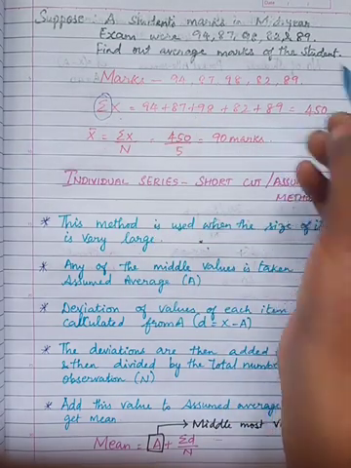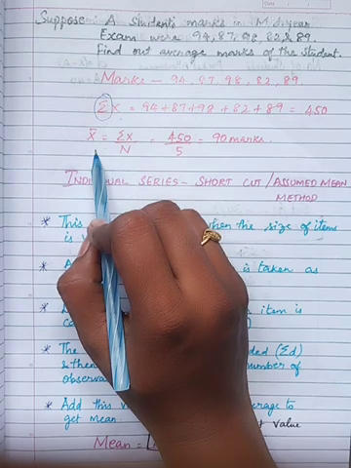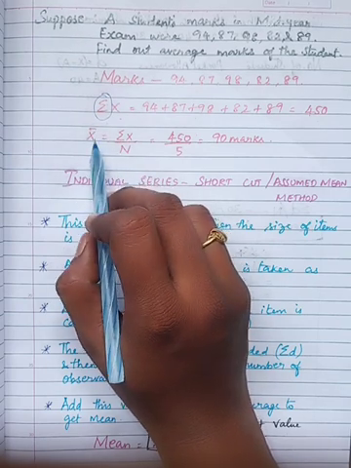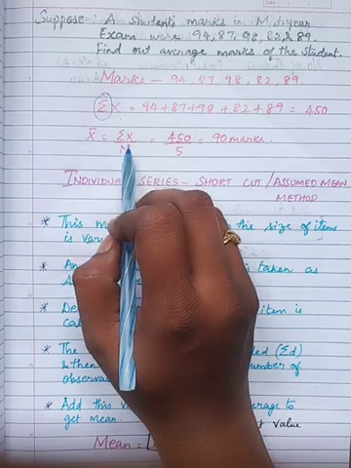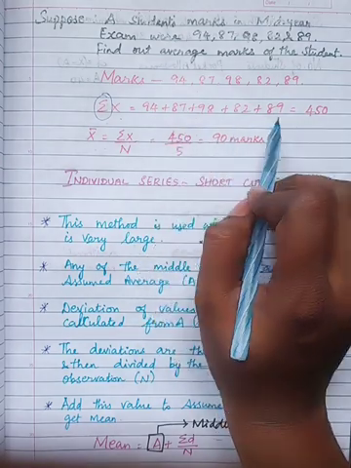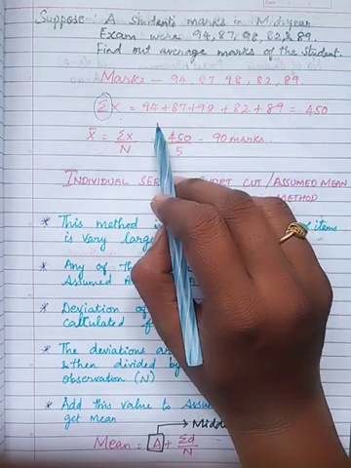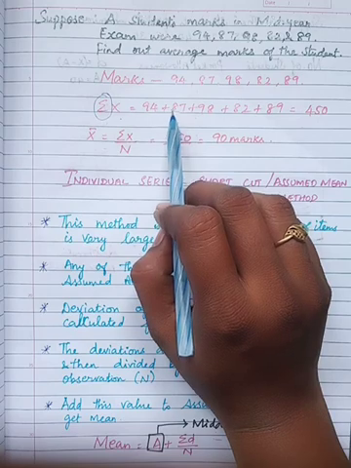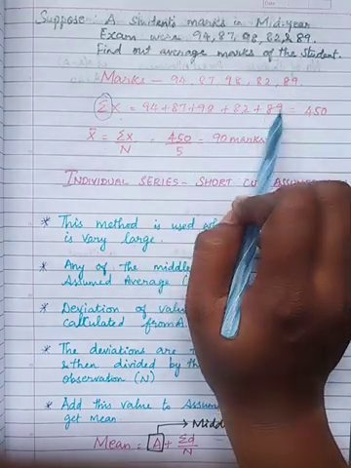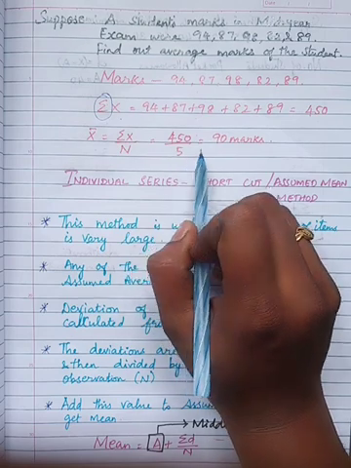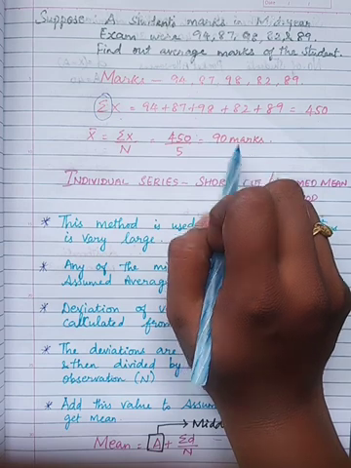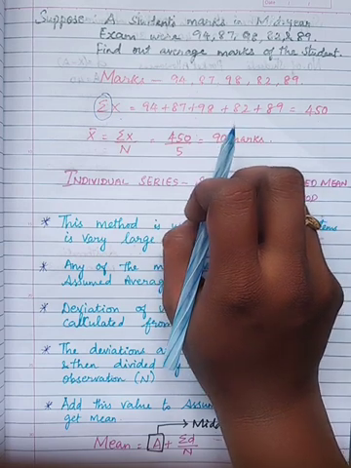So if we find the arithmetic mean for this series, you have to write the formula first. x bar is equal to sigma x by n. What is sigma x? Summation of x, so it is 450. How many observations? How many marks are given? 1, 2, 3, 4, 5. So 450 divided by 5 is equal to 90 marks. So the average mark is 90 in the mid-year examination.